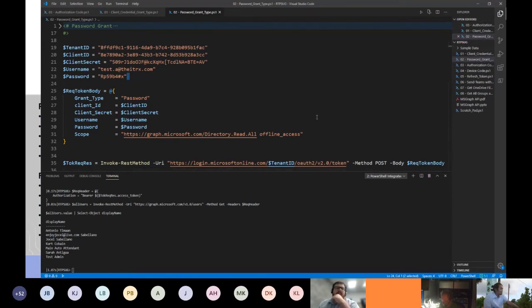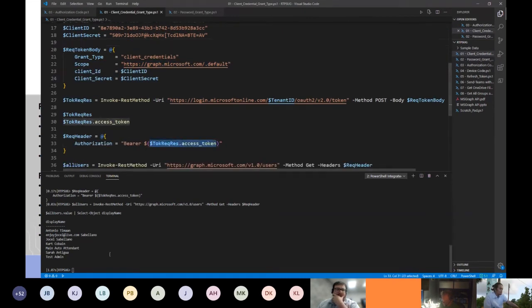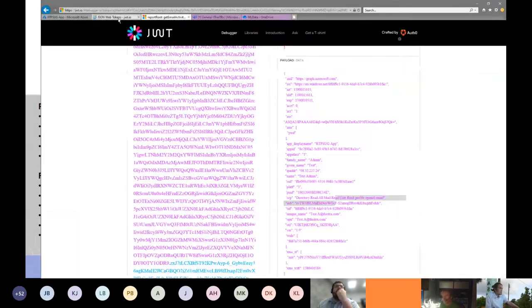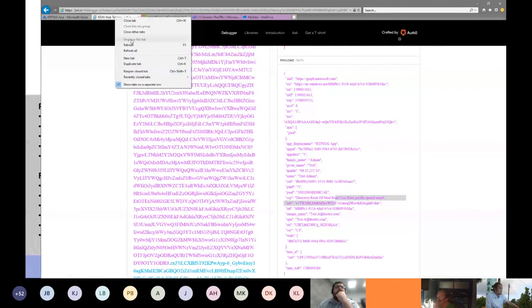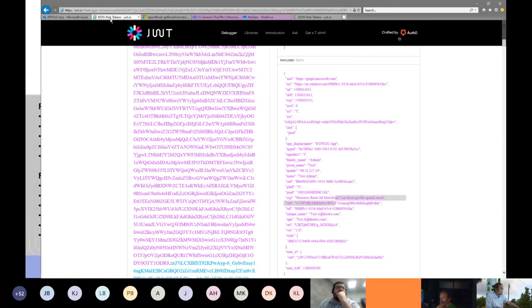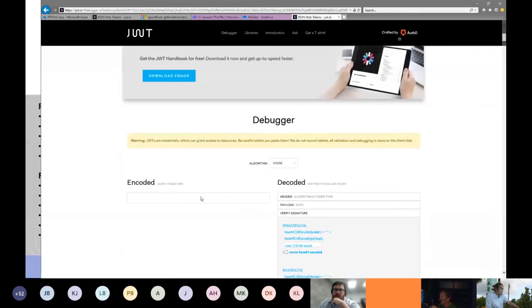Look at this. I have a token on my client credential here, and this is my access token, right? To tell the difference, let's see here. Thanks for asking really good questions. I want to duplicate this. So this is my access token from my first request, right? And then let me go for